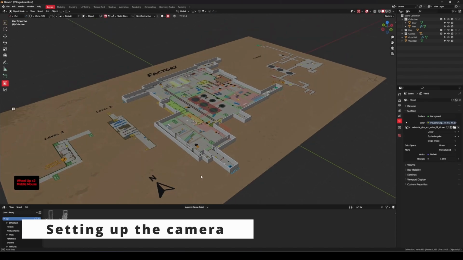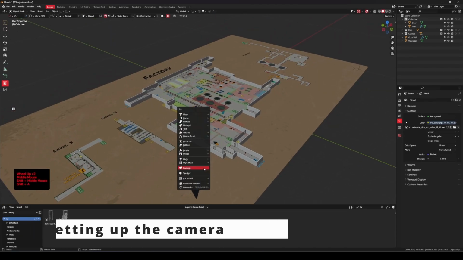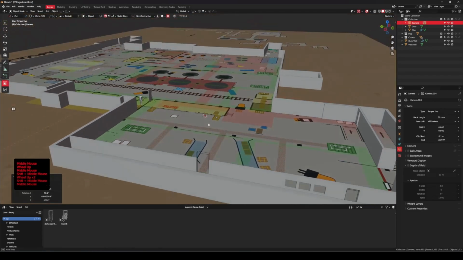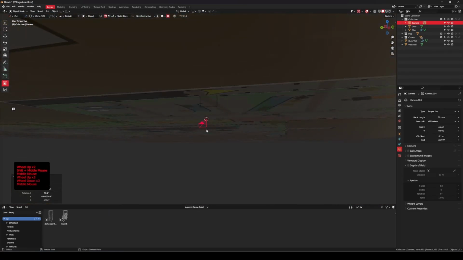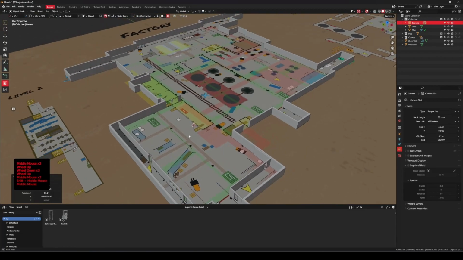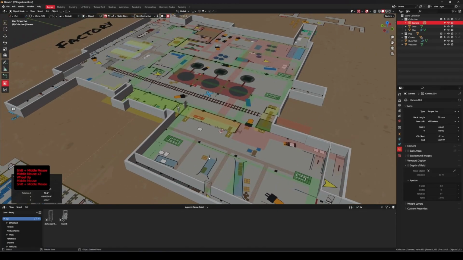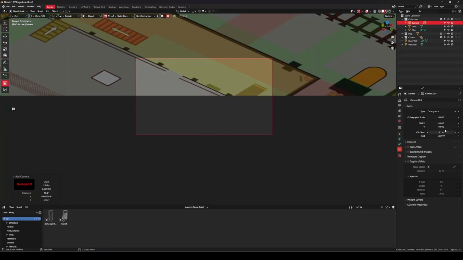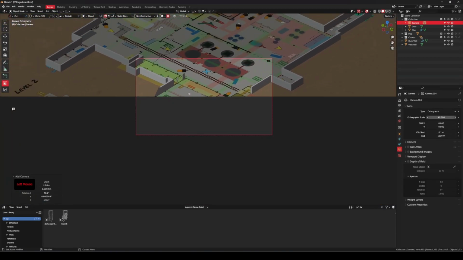Okay, so let's place the camera into the scene. Shift A, camera, and we can see here that the camera got placed on the 3D cursor so that it's intersecting now with the reference plane. It should be fine though. In the object properties here, change the type of camera to orthographic, numpad 0 to go into camera view. Then we increase the scale to zoom out